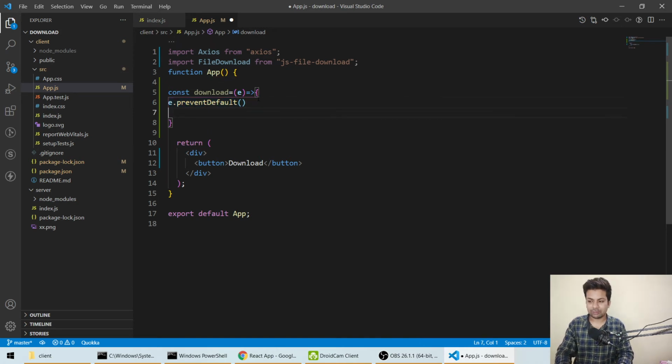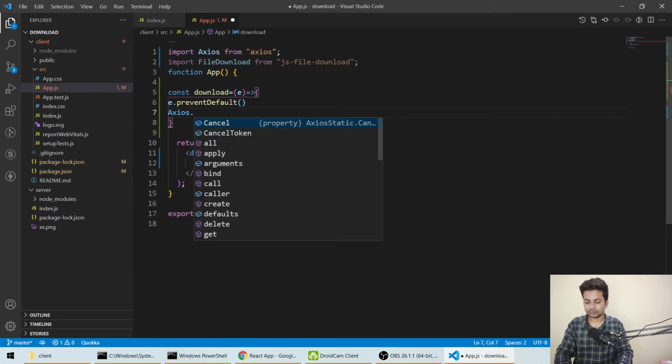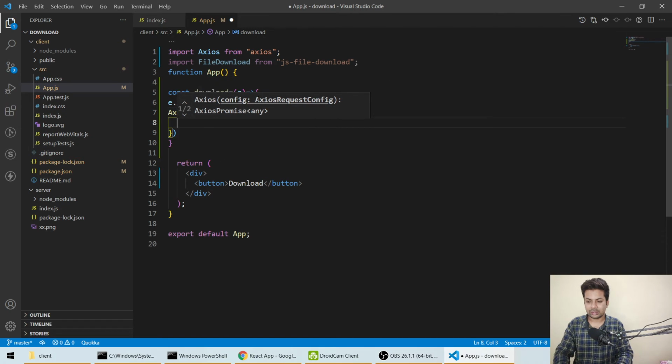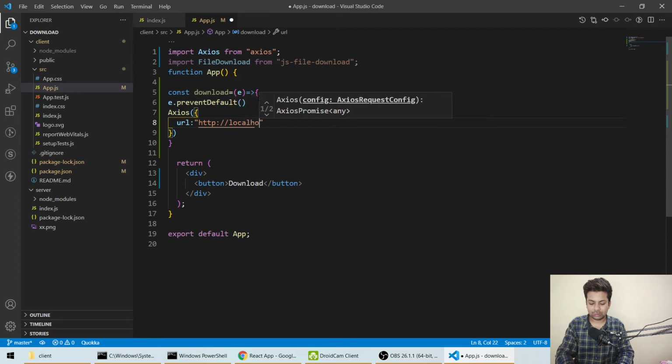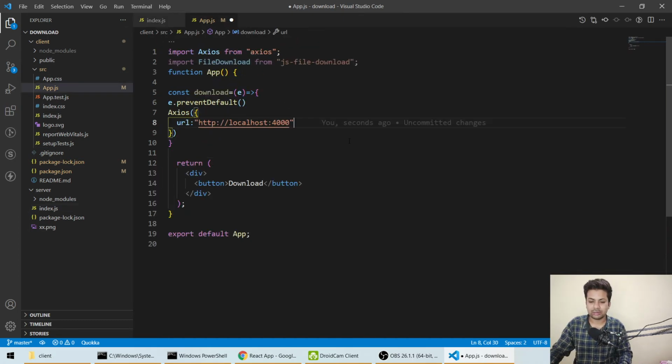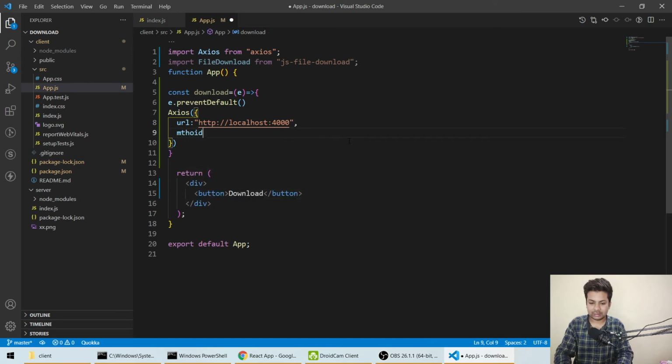Then we'll say axios, and the URL. What is our URL? We'll say http://localhost:4000, just the base URL. So that's it. And now we'll say method, and we'll say get.